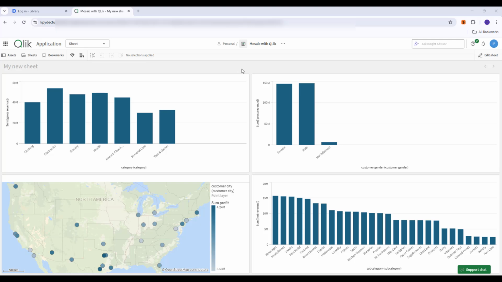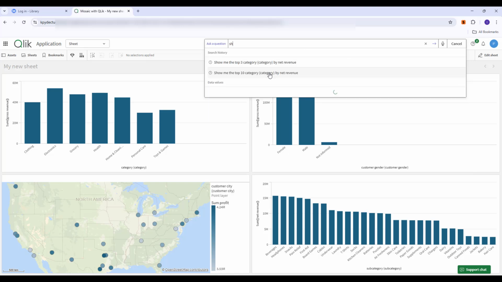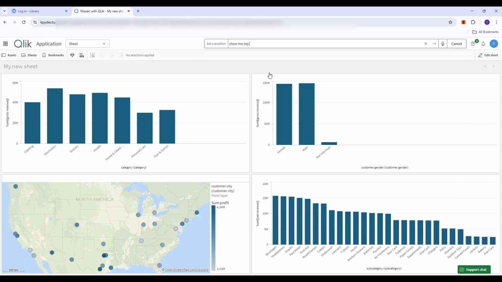All right, so as a final bonus here, I'll be using Insight Advisor. I know that Qlik folks, they love to use this feature that Qlik offers. So again, you can go to your applications, as I'm doing here, and then you can ask a question based on the data in your Mosaic model. As you can see here, this is: show me the top 3 category by net revenue. Let me just do a new one. Show me top 5